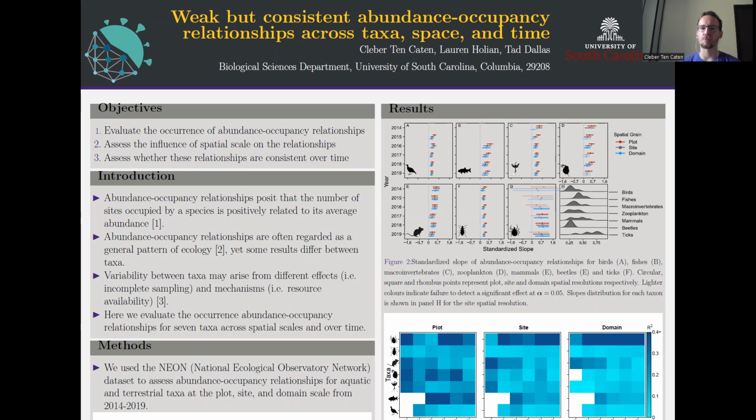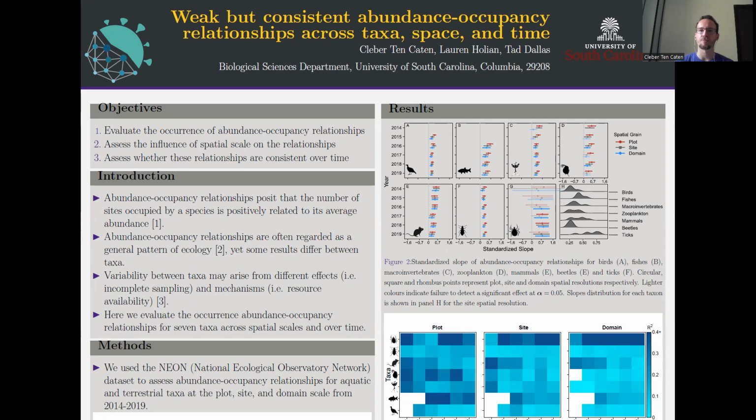Similarly, if species with broader niches are able to tolerate more variable environmental conditions and use variable resources, then those species would also be more widespread and more locally abundant than other species. However, if we are not able to sample rare species in a site, then we might observe a positive correlation between species occupancy and abundance, not because of a biological mechanism, but because of a sampling artifact.